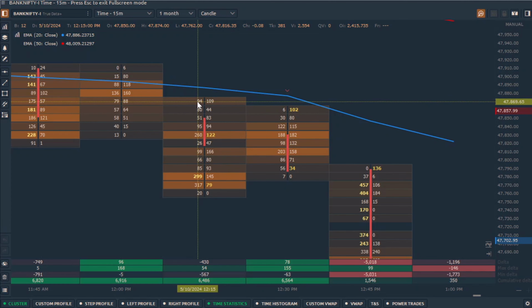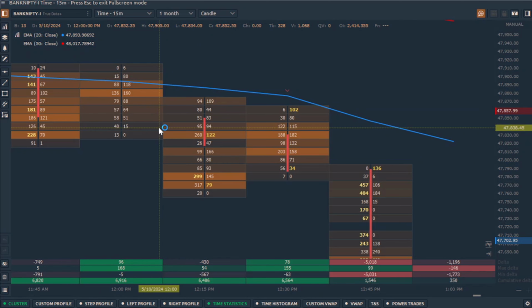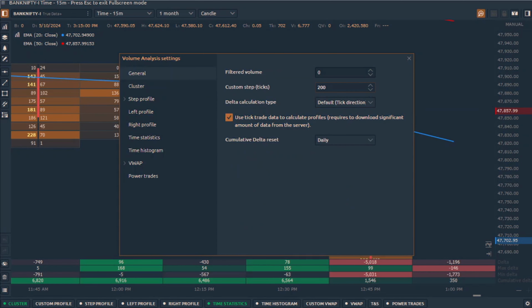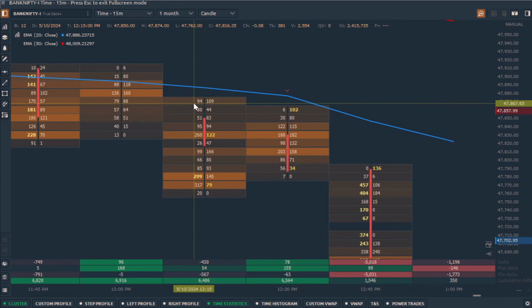The step size can be different for each instrument. Here for Bank Nifty, currently I have configured the step size to be around 200 ticks, which is basically 10 points or 10 rupees,